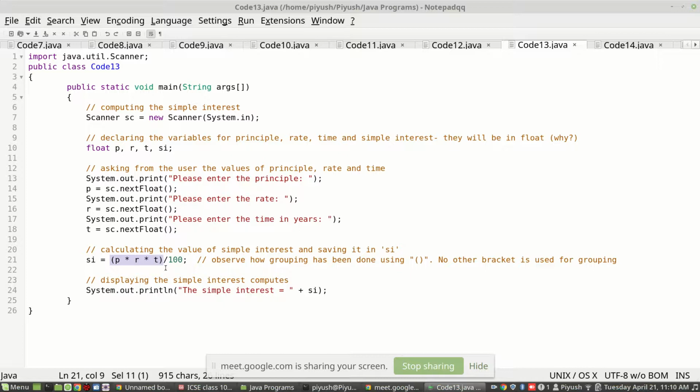Okay, and once you have calculated the result, you will display "the simple interest is equals to" plus SI. So what will this plus do? It will concatenate the value of SI with this message, so the output will be more presentable. Let us execute this program of simple interest and see the result.